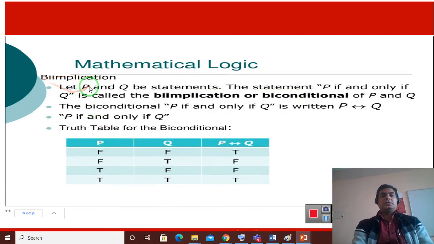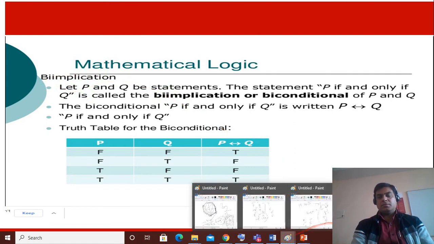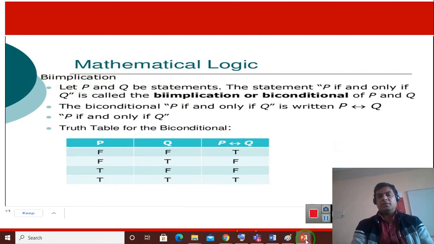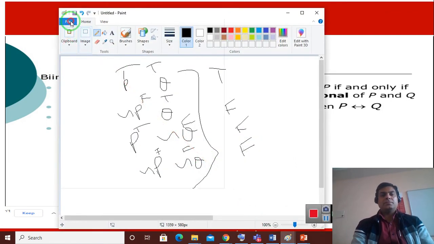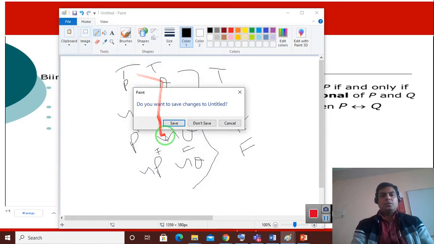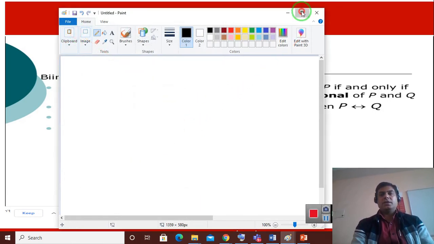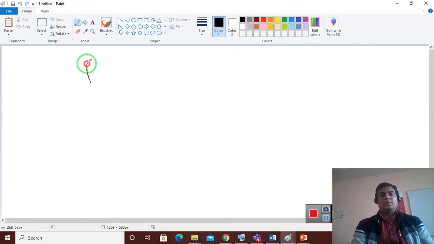The last logical connective is the biconditional. Biconditional means that the conditional goes in two ways, so this is called biconditional.